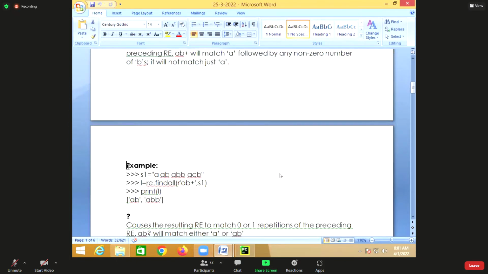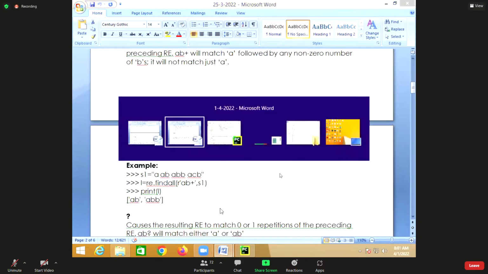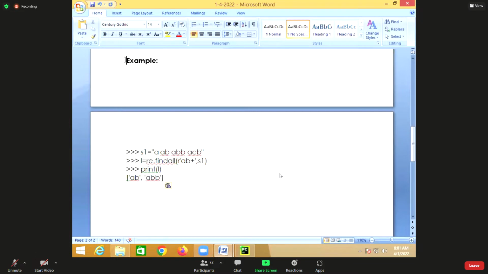Now, if you write like this, for example, S1 equal to A, AB and AB, and B and ACB, then it will not find just A. Does it find A here?